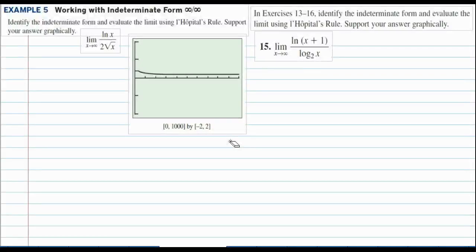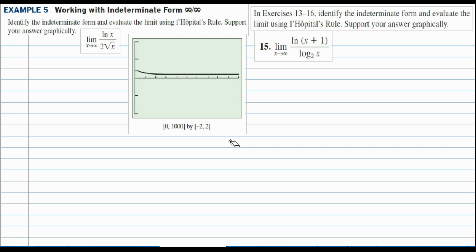This is the screencast for section 8.2, example 5. So we're going to work with the indeterminate form infinity over infinity again. We're going to identify the indeterminate form and evaluate the limit using L'Hopital's rule, and of course support our answer graphically. So we have the limit as x approaches infinity of the natural log of x over 2 square root